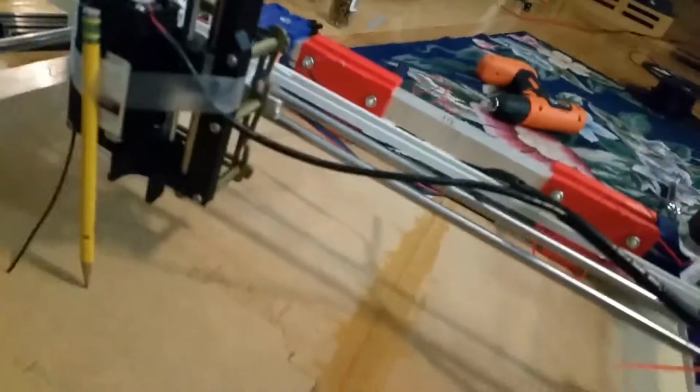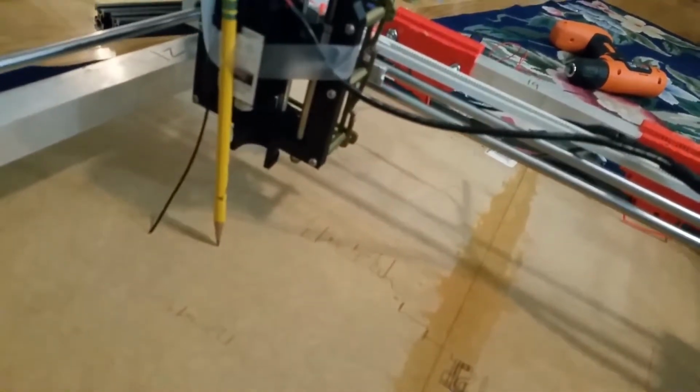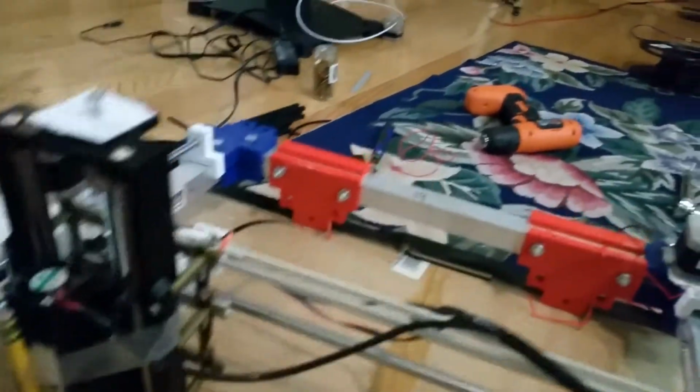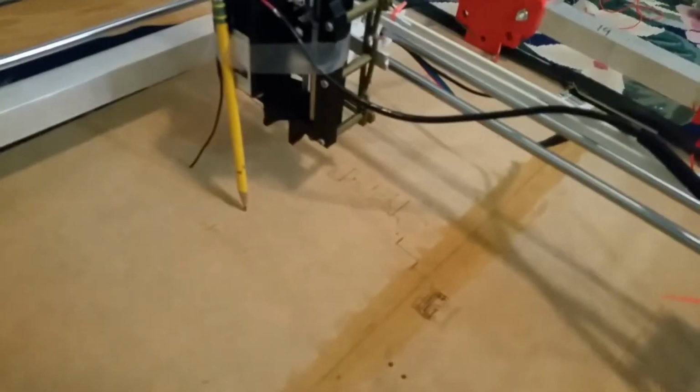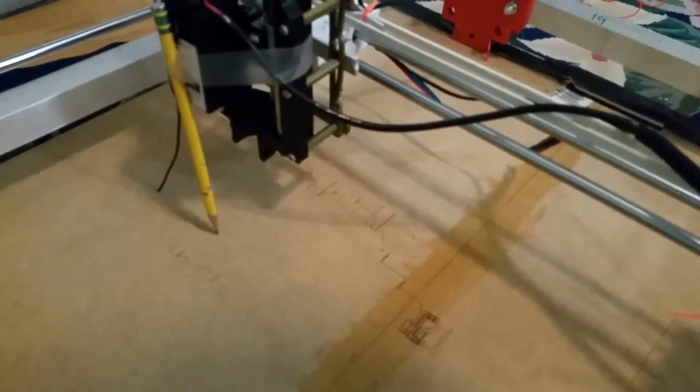So basically what I ended up doing was trying to figure out why it was either lasering on top of each other or doing the weird patterns. So I mounted a pencil and unplugged the laser so I could try to have it move around with that. And I was really just having trouble having it make fine movements. So what I ended up deciding was